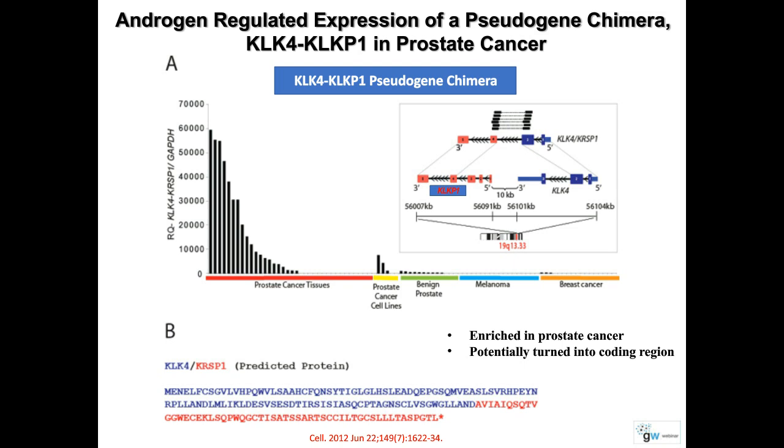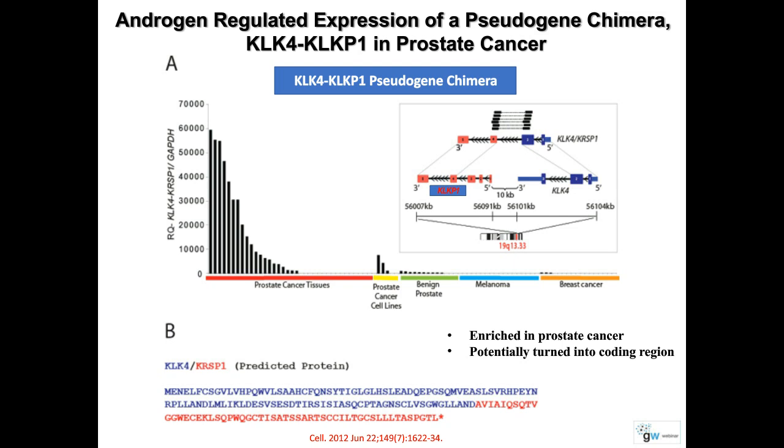Then we designed primers based on the fusion junction, and we screened several prostate and non-prostate samples. In figure A, the histogram shows the expression of the fusion gene only in prostate cancer, but not in other solid cancers like melanoma or breast cancer, and it is not expressed in benign tissue. It is at a very low level, which could be due to contaminating tumor tissue within the so-called benign tissues, but still the expression is not very high. We see very high level expression only in prostate cancer, but not in any other cancer. This is an interesting finding.